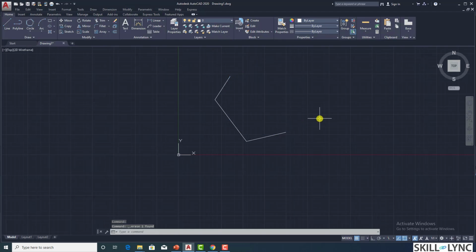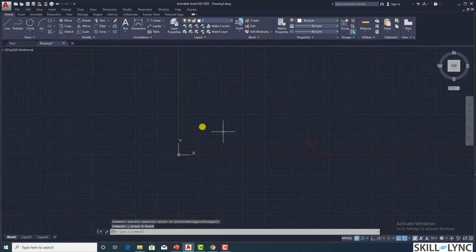So there's a separate command called AI_circtan. So here it will ask to select the tangent spec, the enter tangent spec for object 1, object 2, and object 3. So this is an indirect command. This is a quick tip for people who require this tangent command through the command prompt. Okay. Yeah, so this sums up the